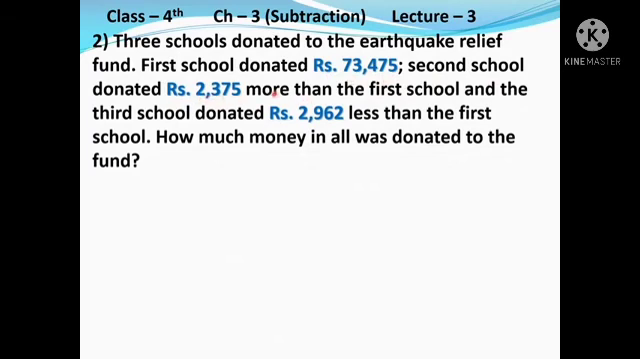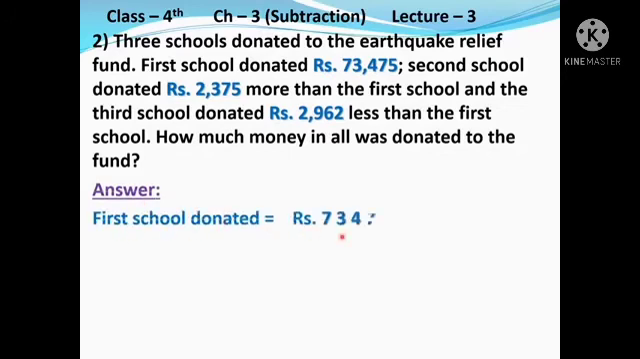It means we will do addition here. Why? Because more than is written. And the third school donated rupees 2,962 less than the first school. It means we will do subtraction here. Why? Because less than is written here. And at last we will do addition. Clear? But first of all we will write the statements. So write down answer. First school donated will be equal to rupees 73,475. Second school donated equal to rupees